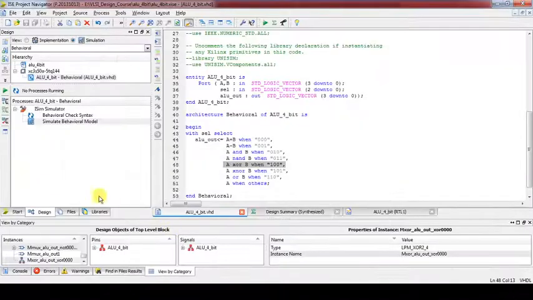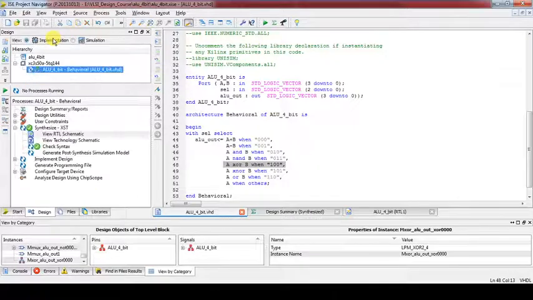So let us go ahead with generating a UCF file. Why do we need a UCF file? To implement this program onto the FPGA, we need pin connections. Yes, so for those pin connections we need a UCF generation. So let's generate it.